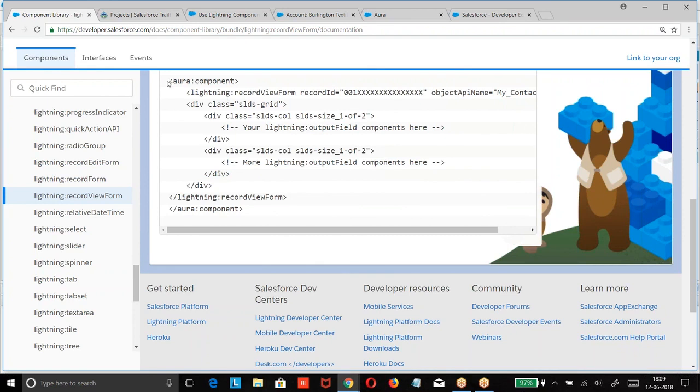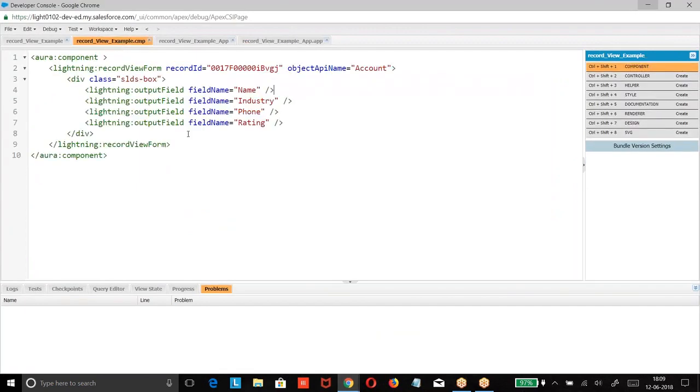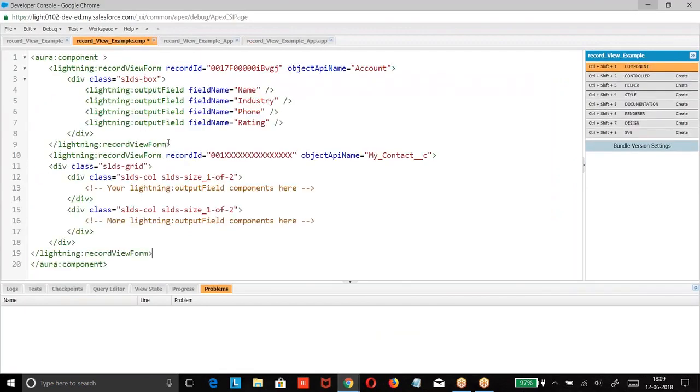So if you want to display the same in the form of grid, I can also do it in this format. So what was this? Take the ID. This is just like mentioning your object, giving the ID of your record. Whichever record ID you are passing, based on that the data will be auto-populated.